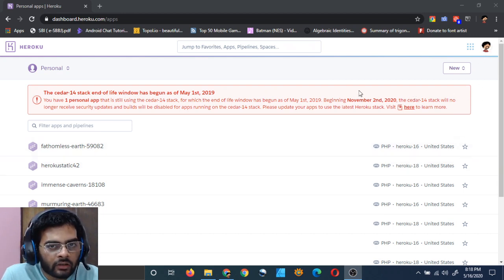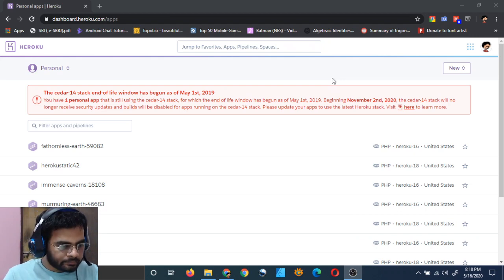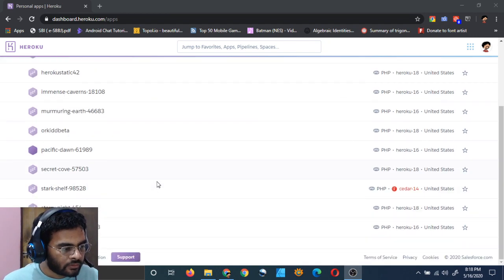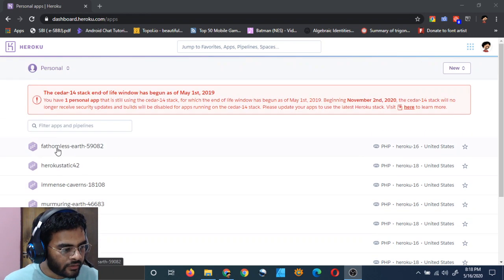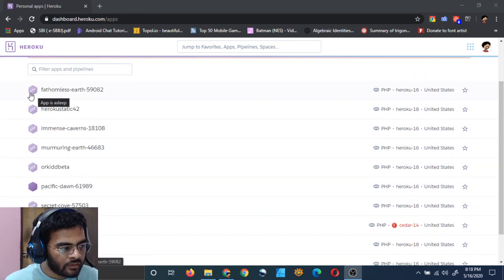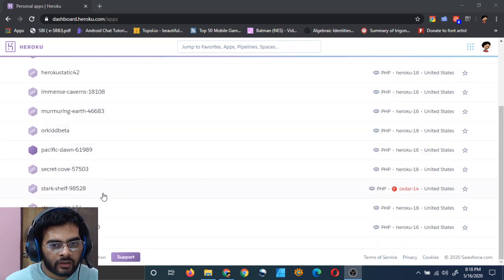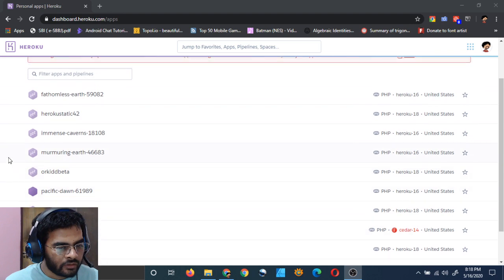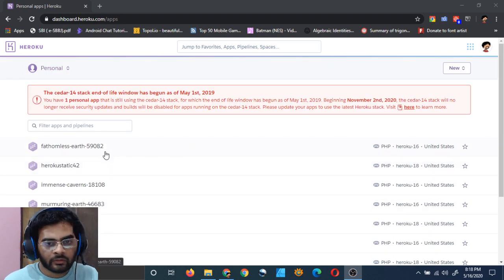So I already have an account. You will have to create an account in Heroku. The account creation process is very simple. I don't remember it exactly, but you will have to put your email, your name, and you can see that I have lots of apps here, and all these are free apps in which you can see this ZZZ sign. These are free, and this one is a paid app, right? But as you can see, all my free apps are also there. They will run when they are needed, automatically. I will not have to manage that.